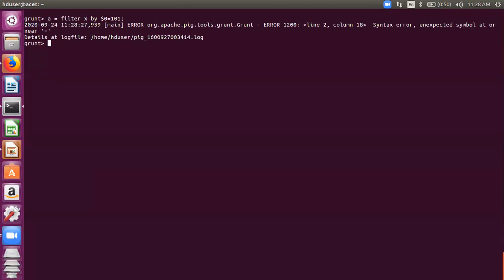Can somebody suggest? If you get some error like this, it will give you error 1200, line 2, column 18. What is the error? I just wrote a query. I want to filter the relation x by $0 equal to 101. Can somebody suggest what's the problem here?